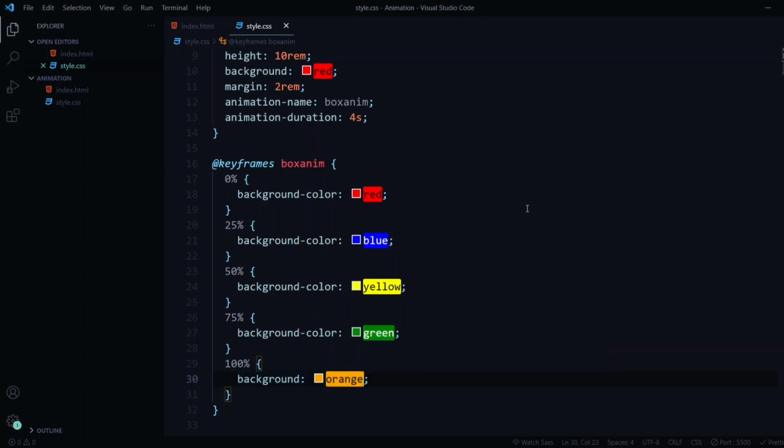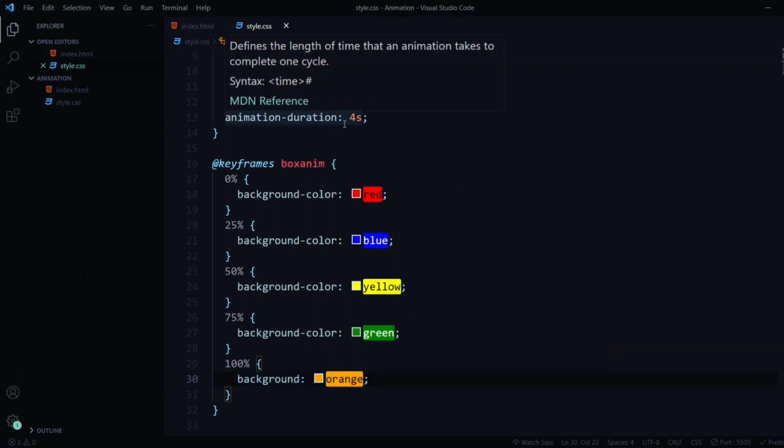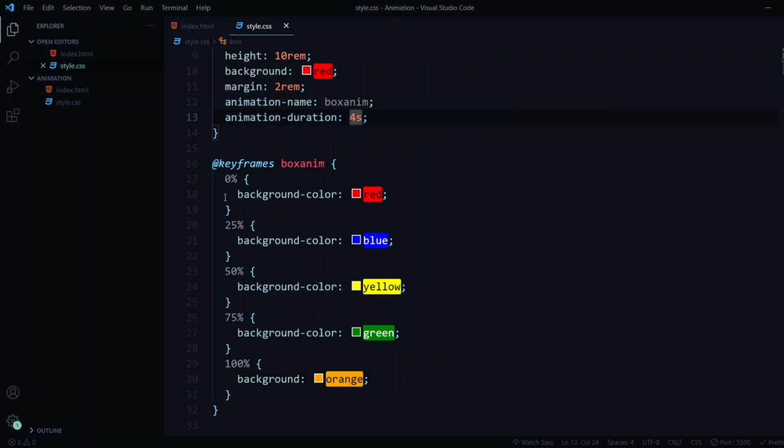So the 100% of what? So the 100% would be of this duration. So it's 4 seconds long, so the 0% will be 0 seconds, and 25% will be 1 second, 50% will be 2 seconds, 75% will be 3 seconds, and 100% will be 4 seconds. So that is what the 0, 25, 50, 75, 100 is. Okay, now if I go back to Chrome, now let's refresh this browser. Now you can see that our color changes to whatever values that we have given. So from red, blue, yellow, green and orange, and then again back to red. So this is a color changer that we have created using just CSS.